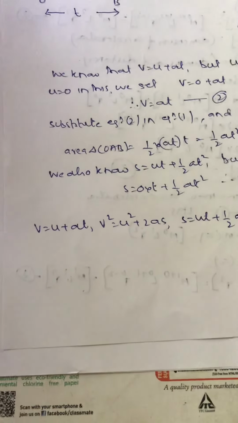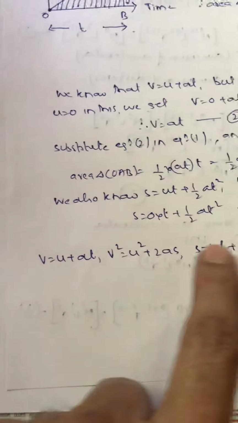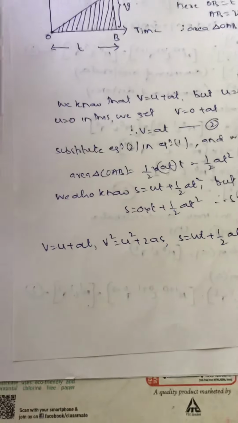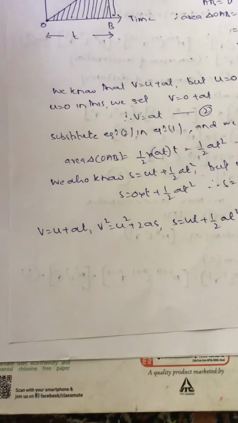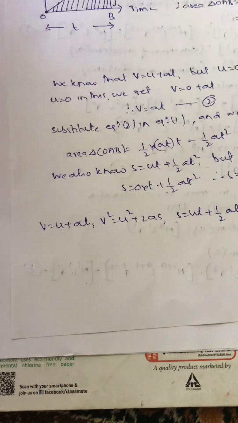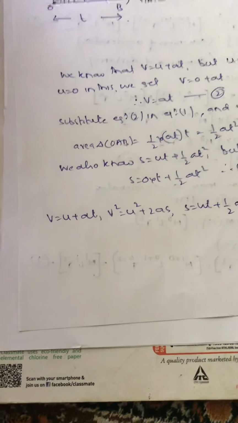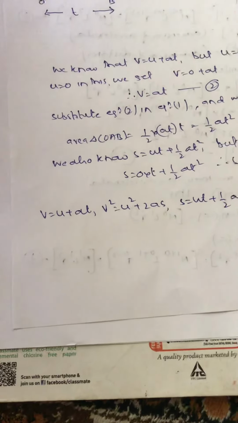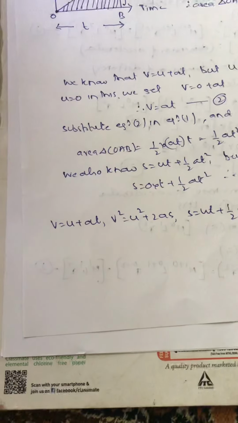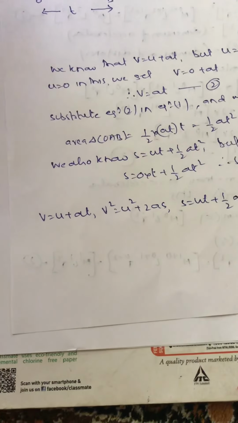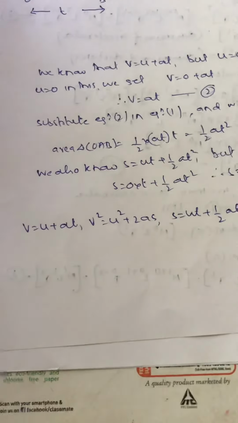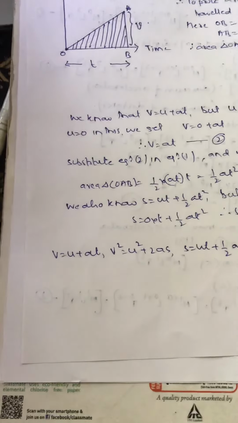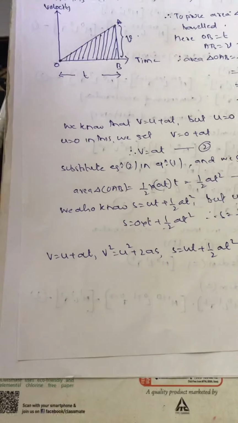But keep in your mind that whenever you are solving a problem on these three formulas, you have to keep all your quantities in SI units only. SI units means all your velocities have to be in meter per second. Normally they give you kilometers per hour, so you have to convert that into meter per second. For example, 108 kilometers per hour. So how do you convert that? 108 into 5 upon 18 is equal to 30 meters per second. So wherever you see kilometers per hour, do not forget to convert it into meter per second.